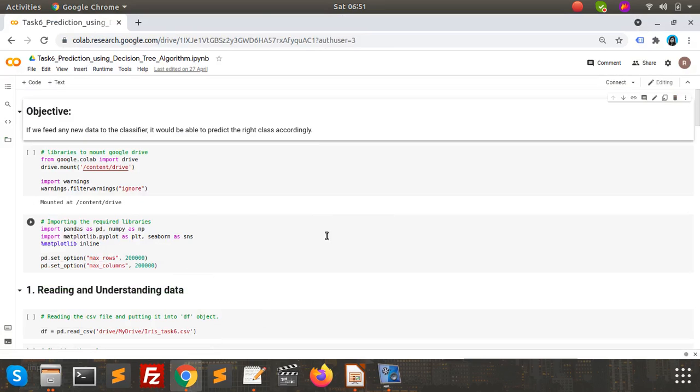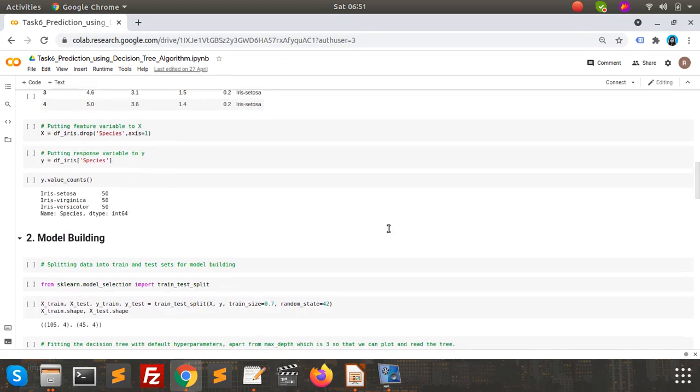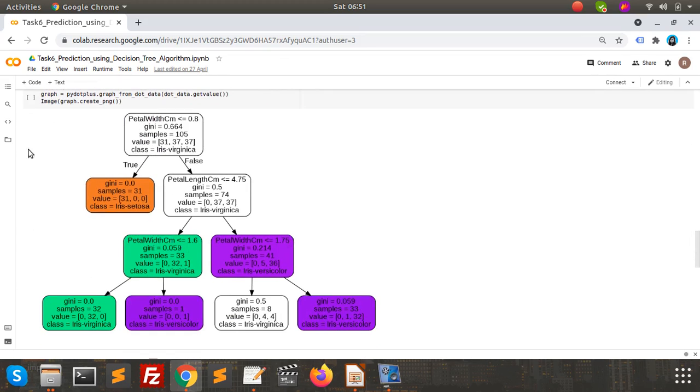So this is the code from which we got the decision tree classifier. Here comes the decision tree classifier that we have obtained from this Python code.